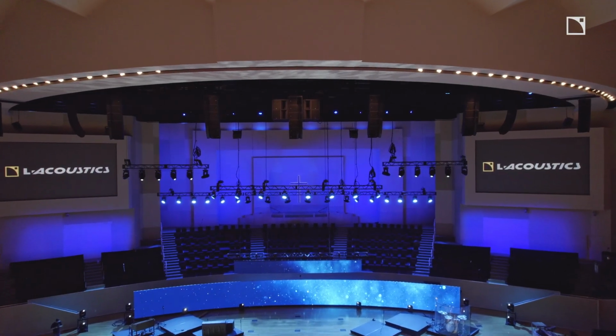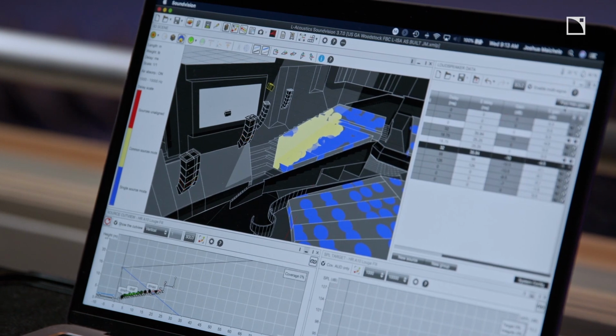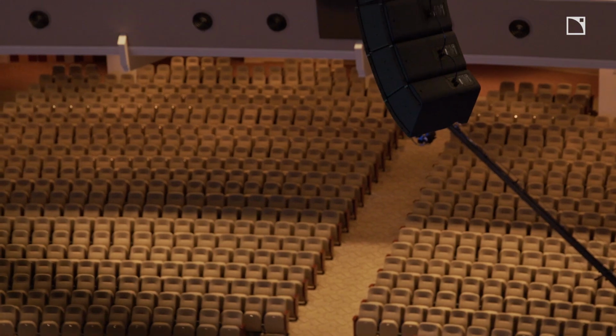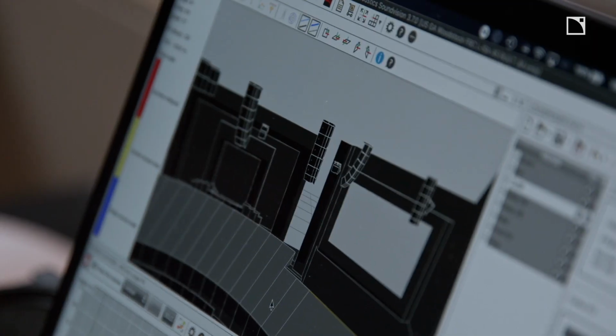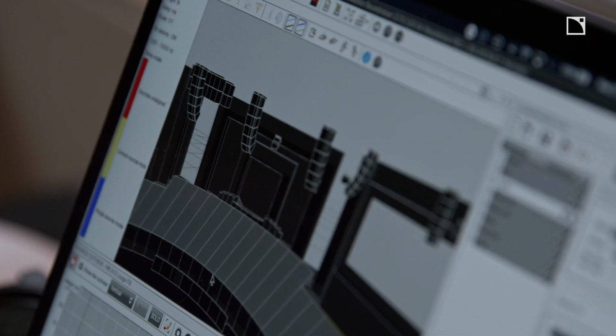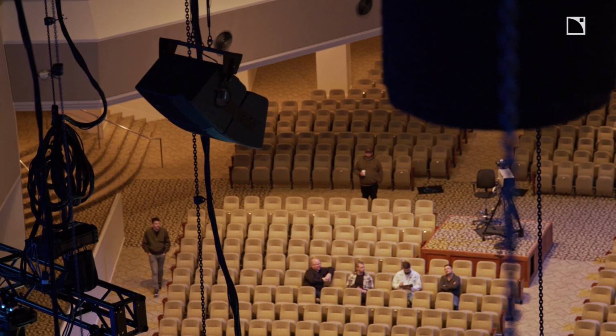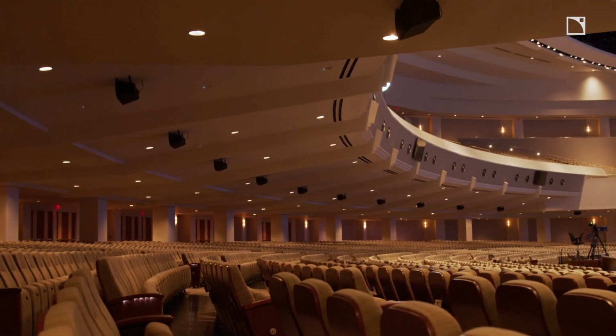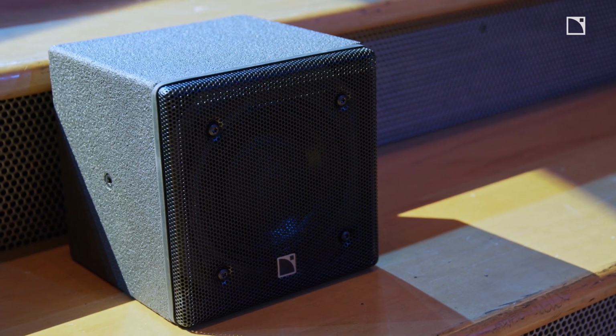We have a scene system that consists of 5 line source arrays. Each of these arrays has 6 boxes in it, coupled with 8 KS28 subwoofers. We have a pair of extension arrays that are using the A10i boxes, as well as a pair of outfill arrays. Additionally, we have A10i boxes that are serving as choir monitors. We have a series of A10i boxes as underbalks and overbalks, and then we have 5 XTs serving as front